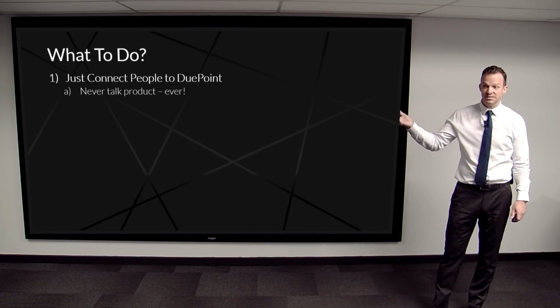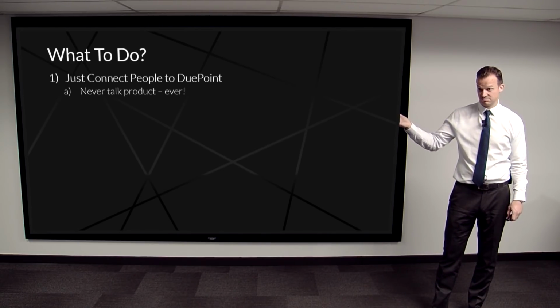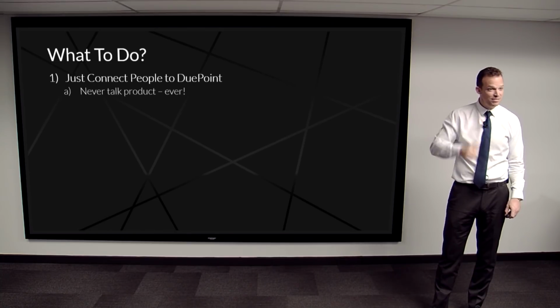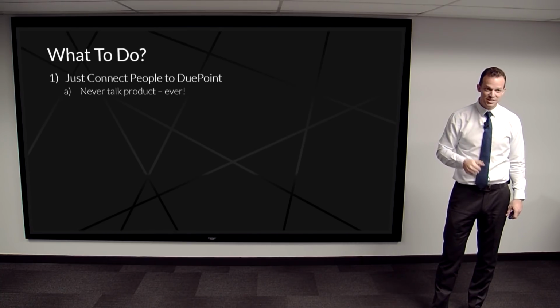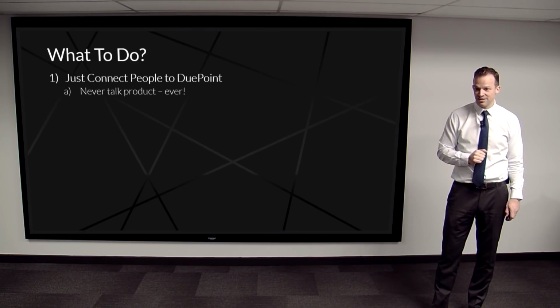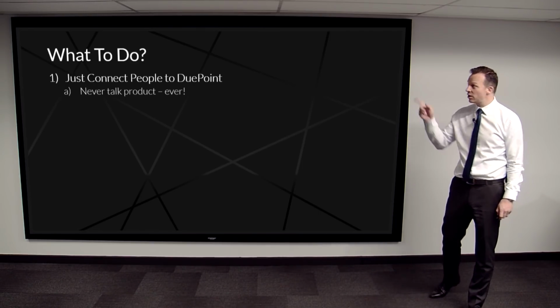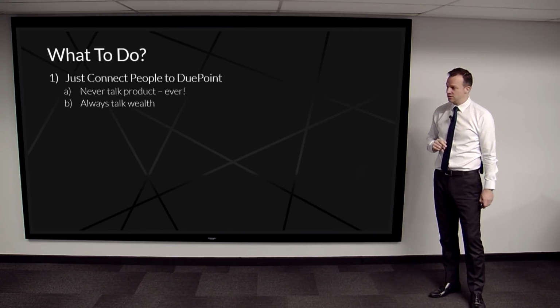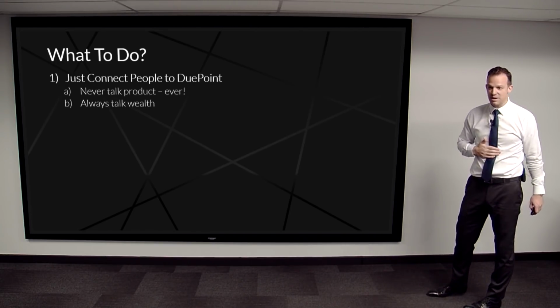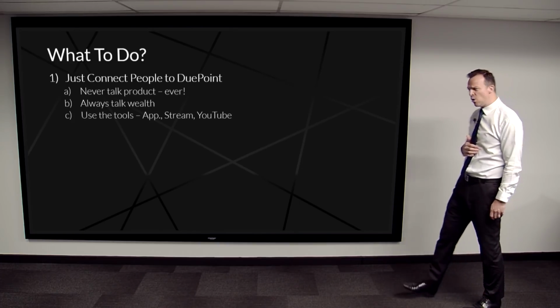Right? We've got an intro presentation that's 16 minutes. If they only have 16 minutes, you say, perfect. If they've got 35 minutes, you show them the full one. If they've got an hour, you show them the 1 hour testimony video. Right? Show them whatever. Talk about opportunity, not product. All right. Always talk wealth.